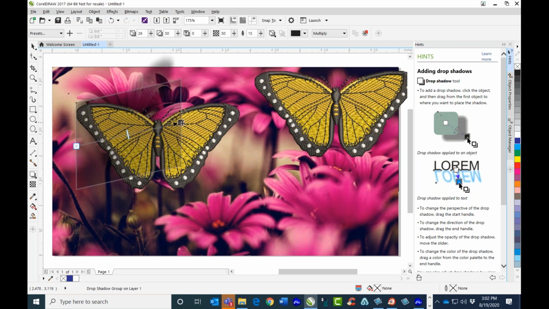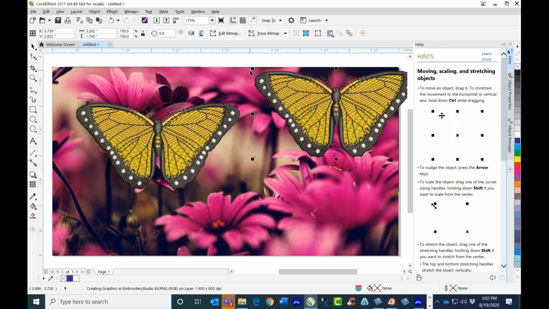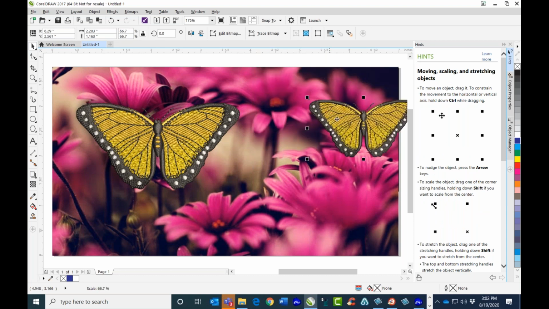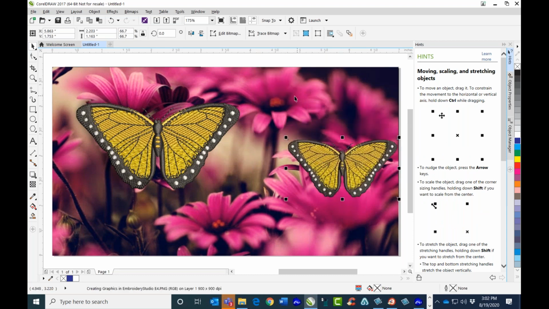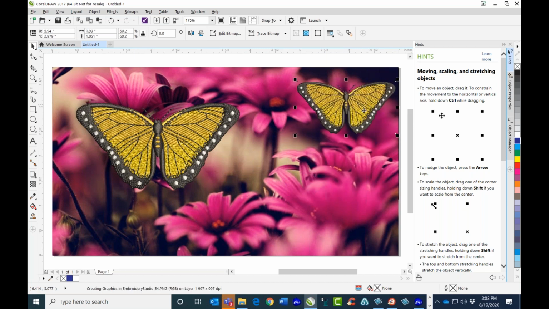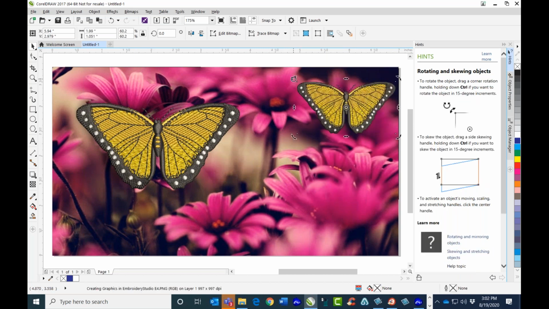And I can move this anywhere I want to do a drop shadow of our butterfly. And as you can see here also, as I select this one, I want to change the size of this one. Again, we have the PNG file. And here in the background, as you can see, these are faded, kind of a blur in the background purposely. And so what we can do for this is I can take this, move this here in the background. I could rotate this